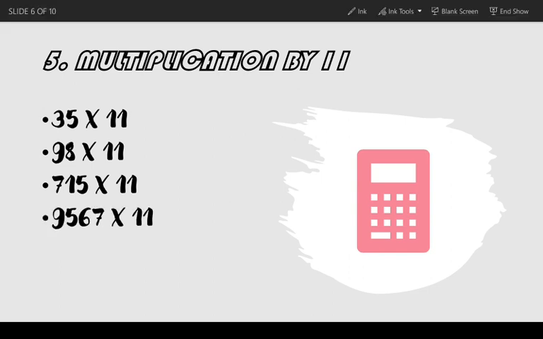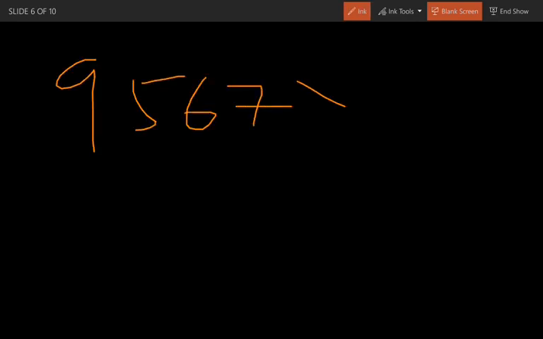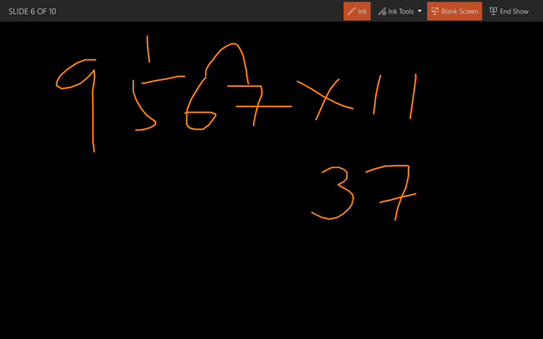It is saying that 9567 into 11, 567 into 11. So how are you going to do it? Write the last number as it is, add these two numbers. 6 plus 7 is going to be 13. Okay, sorry,